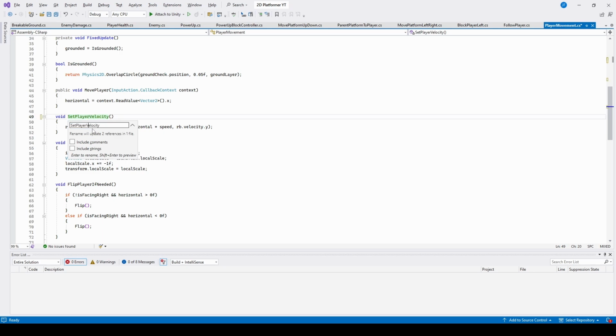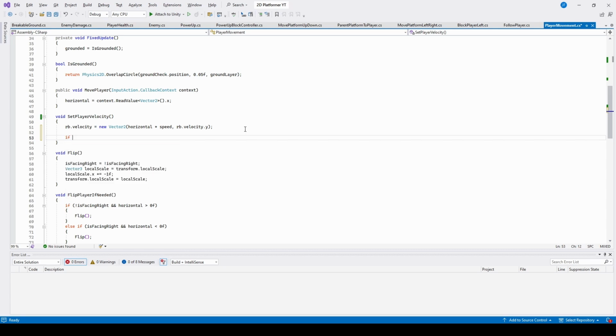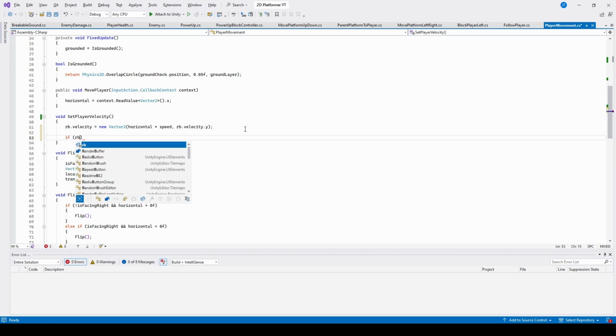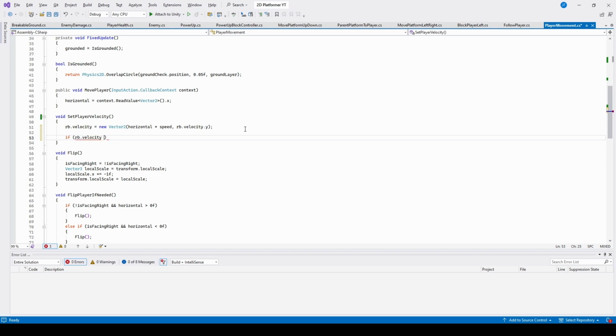So I'm going to go ahead and edit that to make it an uppercase V, and press enter, and that'll change all references of this word. So next we're going to want to do an if statement here. And we're going to be saying if the rigid body's velocity, so rb.velocity, and we're going to say if the